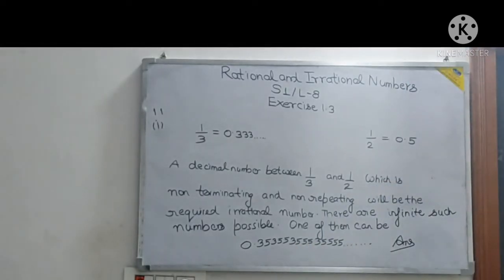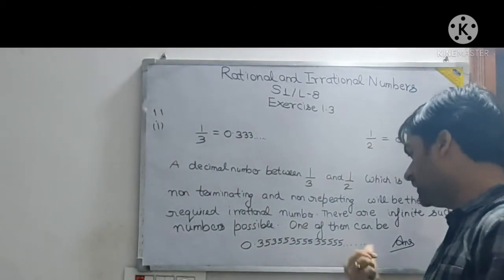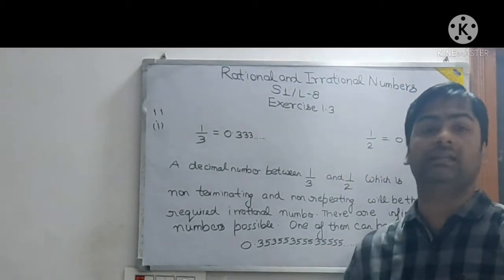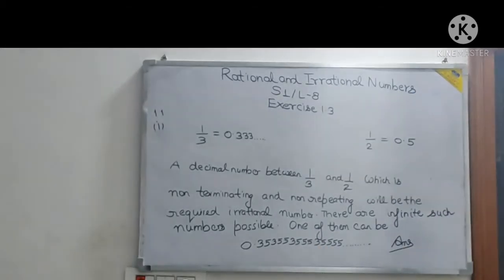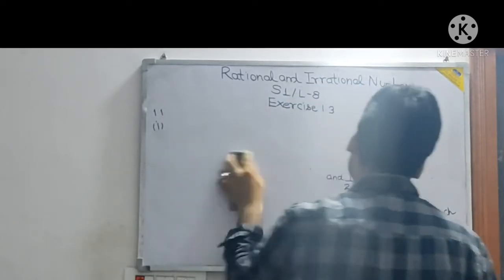If you are able to visualize, and if you have seen my yesterday's lecture, 9th, 5th part, you see 1.101, then 1001, then 10001, like that. So this is what? It is not terminating because I have put dot dot dot here, and it is non-repeating also. The pattern is not repeating itself. So then it can be called as what? An irrational number between them. I hope I have made my point and this thing is clear to all. On the same lines, we can do the remaining questions also.